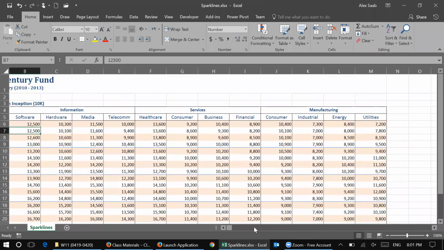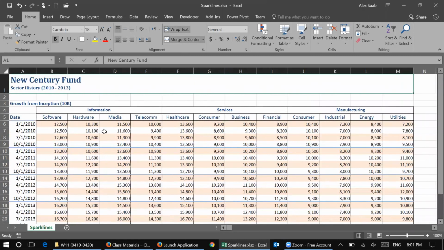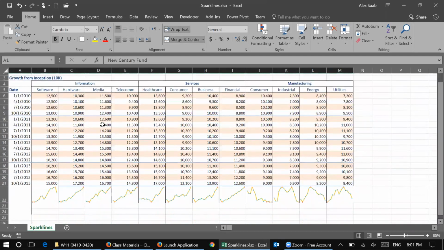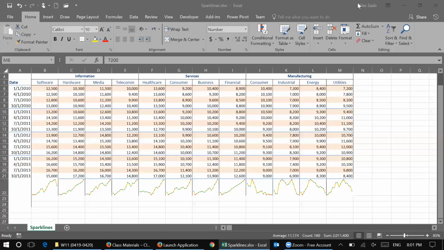So, for example, this data set. We have growth in different sectors: information system, services, and manufacturing. Under each one of them, let's say information system, you have software, hardware, media, telecom, and services. You have healthcare, consumer, businesses. And this is year to year, 2010, 2011. These are quarterly data, and this is their growth. So how